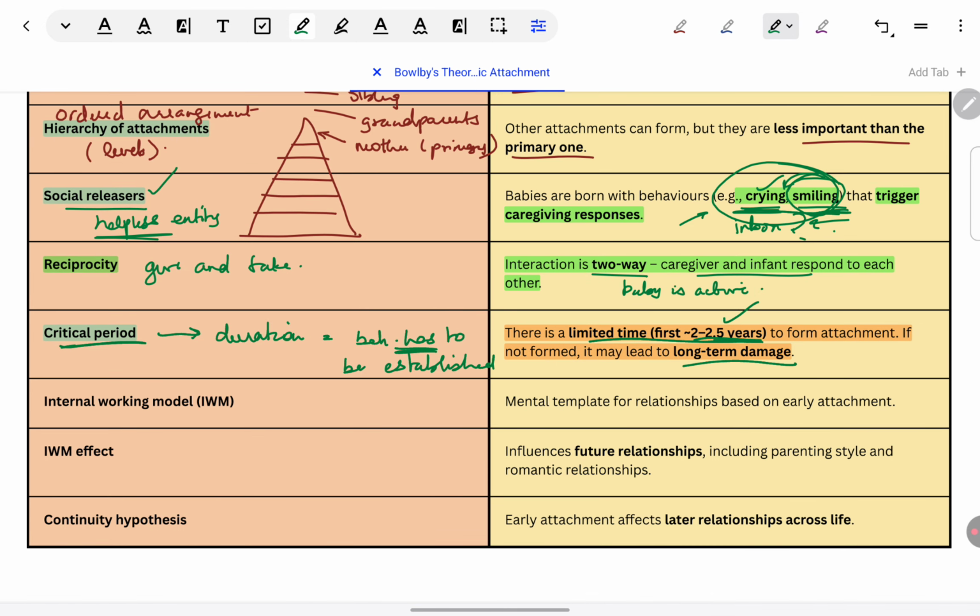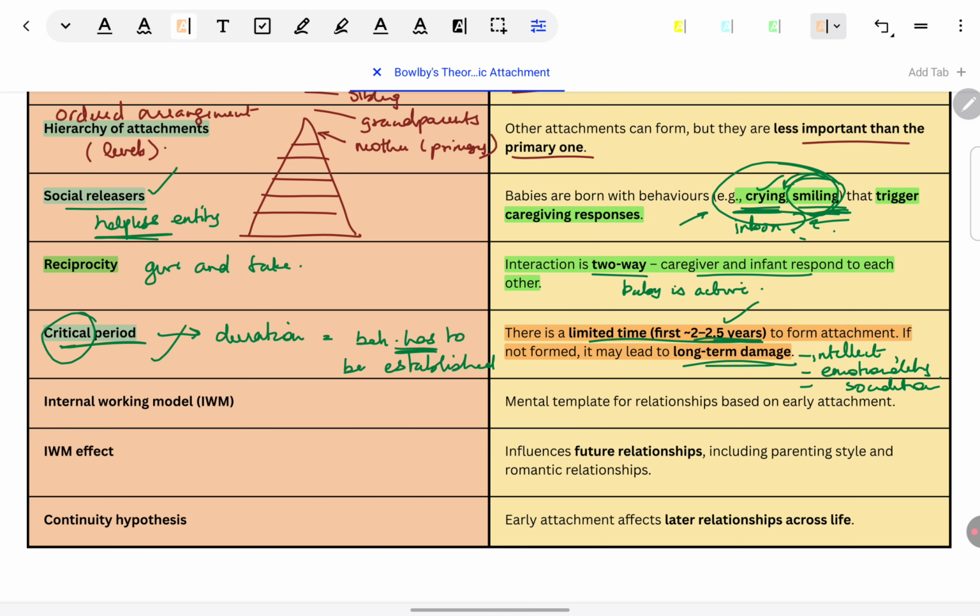And are there any consequences of this? Yes, that's why it's called a critical period. It's very important. If the attachment is not formed in this period, there will be a very bad impact on the intellect, emotionality, and sociality of the baby. This is the idea that will be further developed in the maternal deprivation hypothesis. Right now, why have we seen critical period? Because monotropic attachment needs to be formed in this period. But if that is not the case, we say deprivation has taken place. The baby has been deprived of the monotropic attachment, and then these are the consequences.